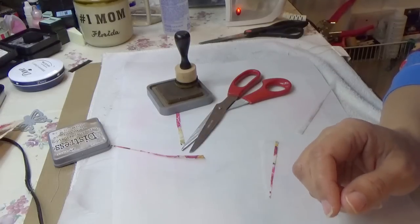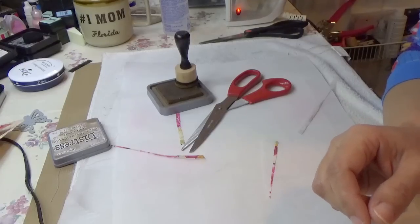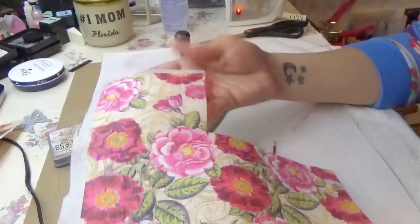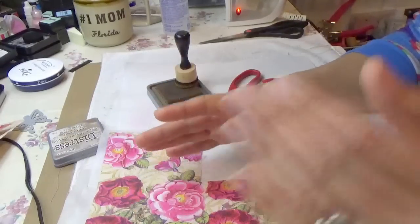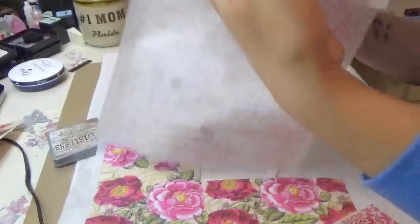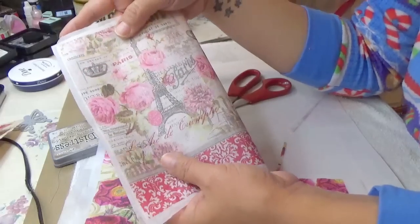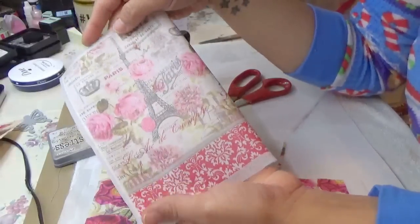So guys, I hope I gave you some ideas on how to use that Pellon. There's so many things you can do with it. If you have an image, you can even sew this onto the front of your journal. If you have a really pretty image, like say for example this one, and you're making a parish journal, you can just grab this, back it onto your Pellon, and sew it onto your journal,